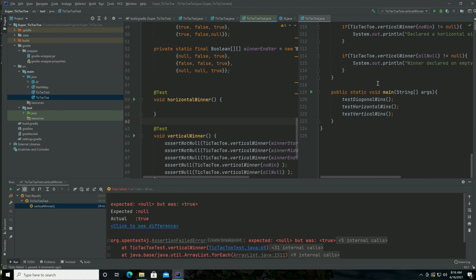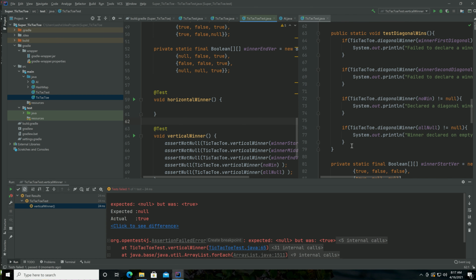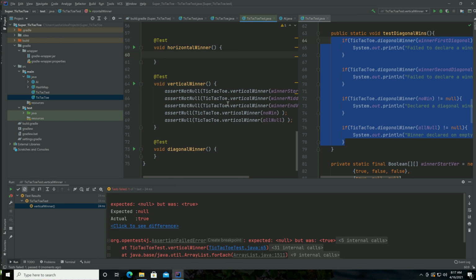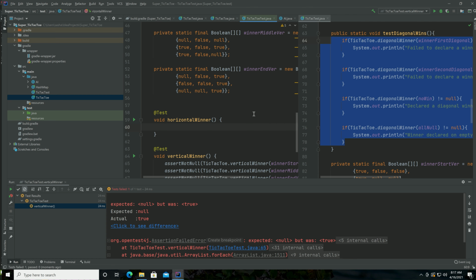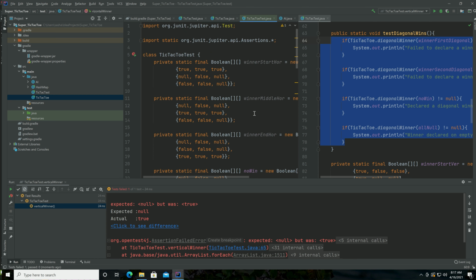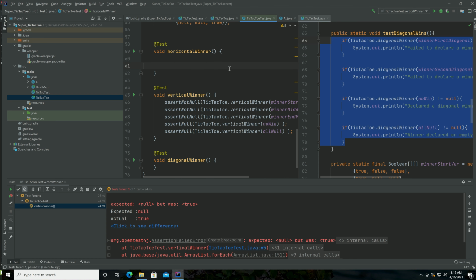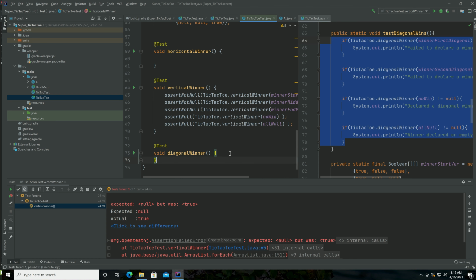Now we can also easily set up the same thing for the other win conditions, such as all of these. So again, we can do those assertions. I'm just going to skip that for now, because I want to get into some other test techniques which are very useful. Actually, you know what? I won't skip it. I'll do it properly, but I'll do it the lazy way. Copy, paste, horizontal or diagonal winners tests like this. Copy,